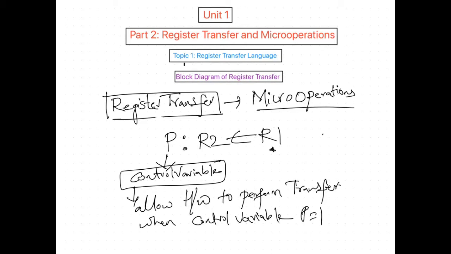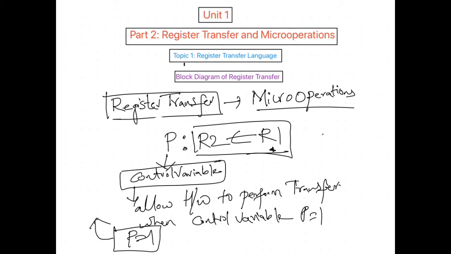So this particular transfer operation is performed only when P is equal to 1. When P is equal to 1, the hardware will perform the transfer operation. The transfer operation is that the contents of R1 will move to R2. That is very simple, right? P is a control variable.